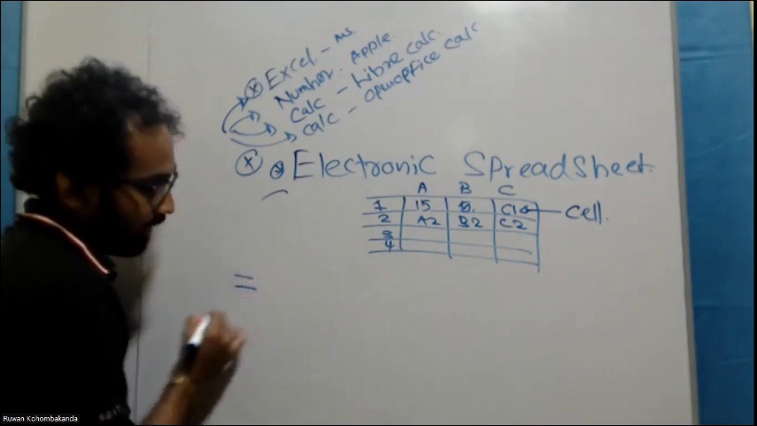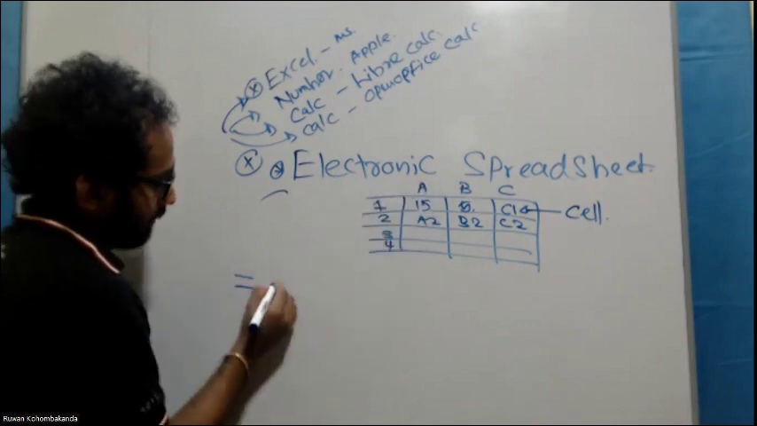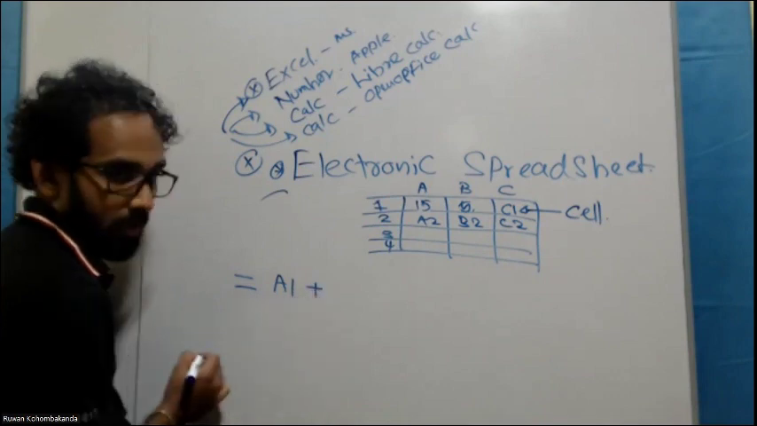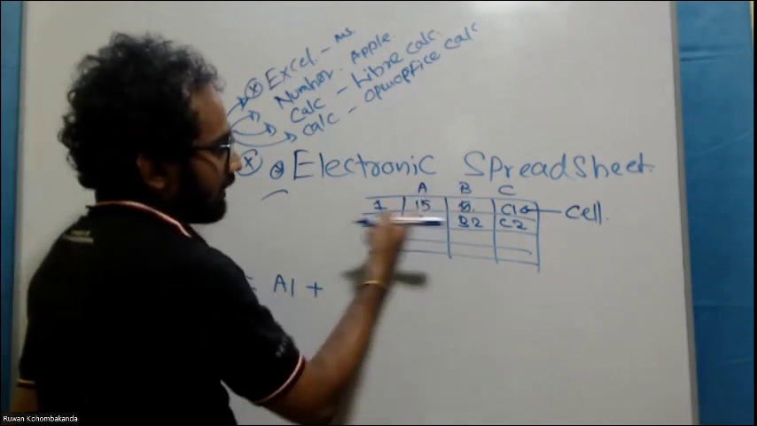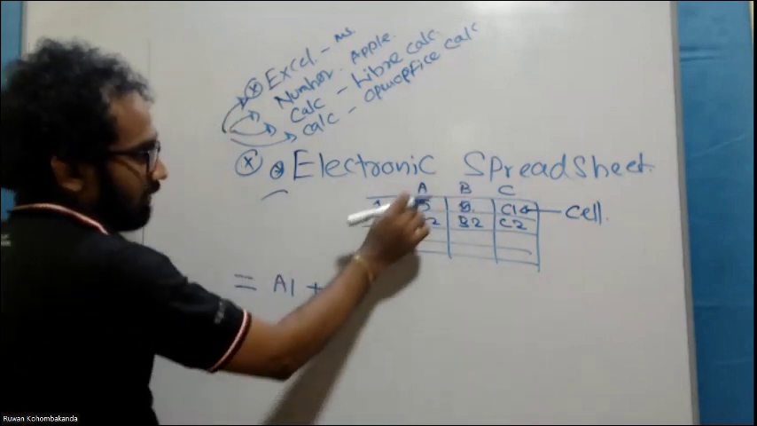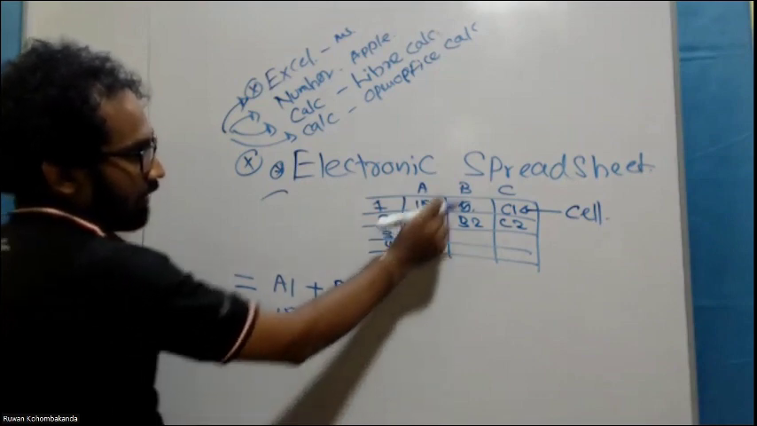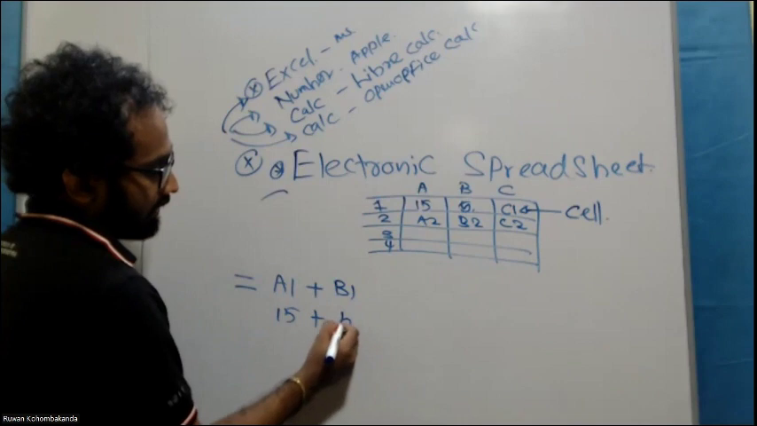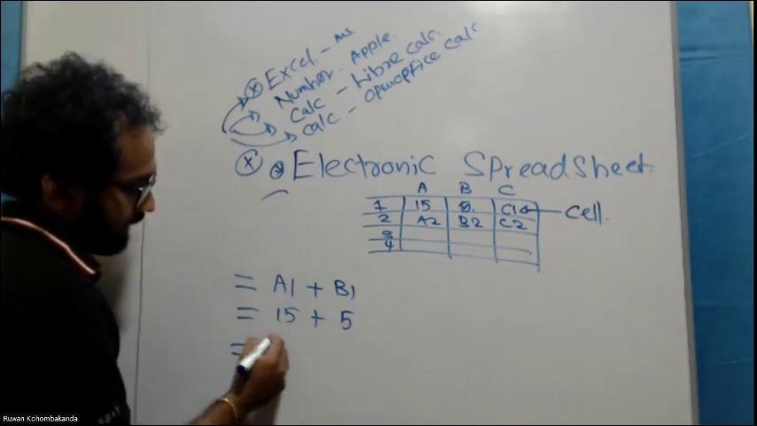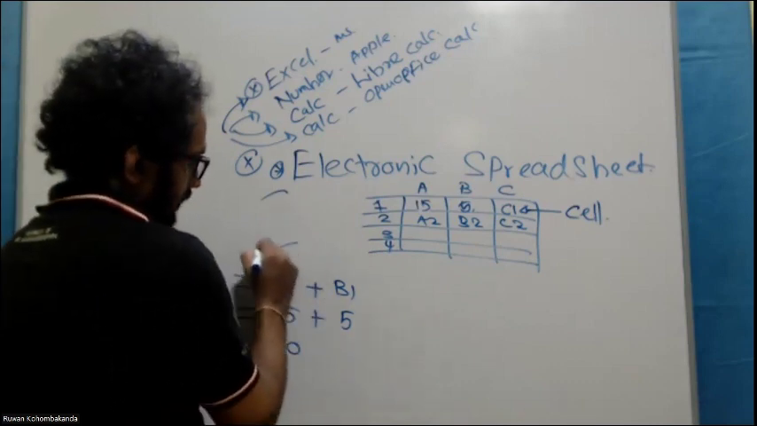Equal, the equation mark. Then we can write the cell name, that is A1. Then we add plus. Then we can write B1 here. A1 means 15 plus B1 means, according to this example, 5. Then we will get the final answer, that is 20. We built a formula. This is called a